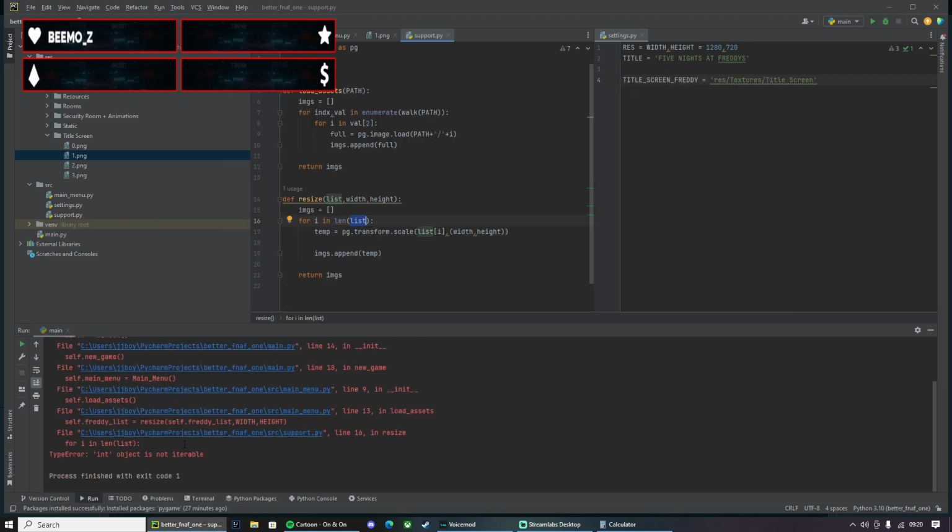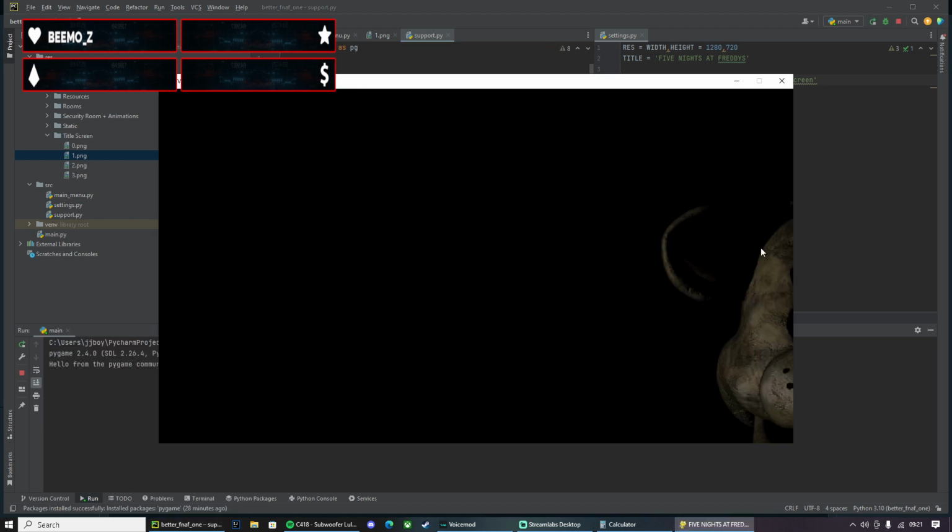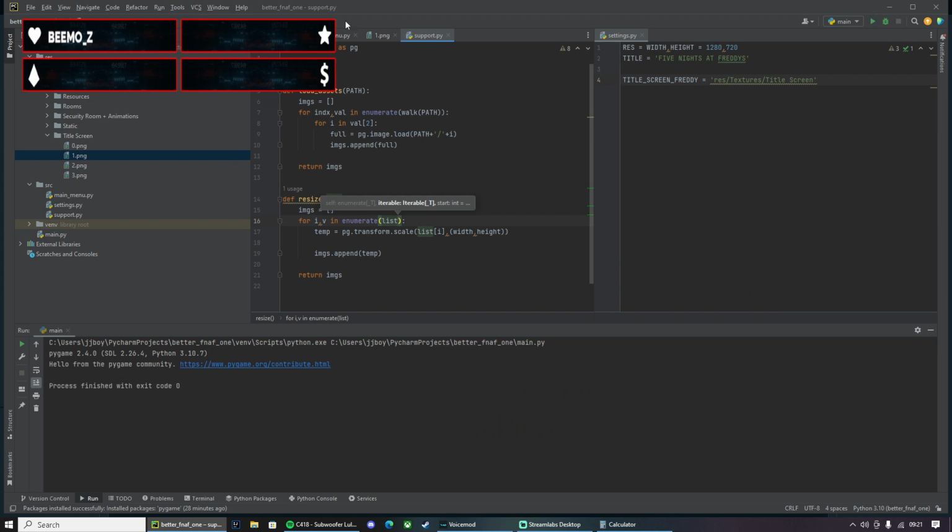No. Int object not iterable. Why? Wait, I'll probably have to do enumerate. I'll have to turn this to i, v in the list. There we go. Yeah, we've finally done it.